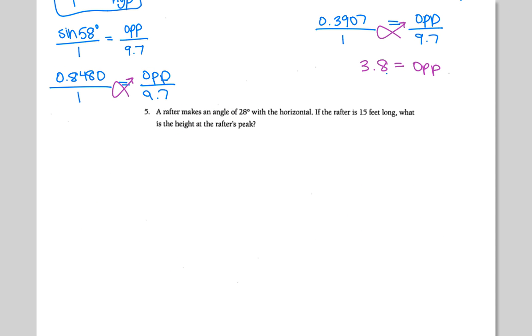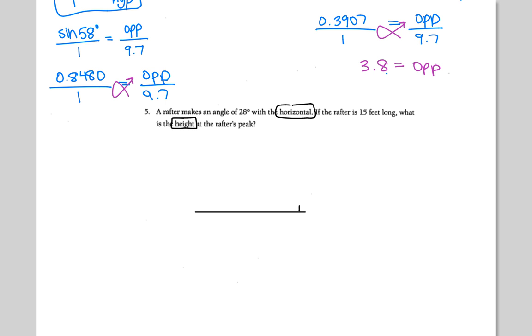Okay, a rafter, I don't know what that is, makes an angle of 28 degrees with the horizontal. Okay, so I know what a horizontal is, so I can put that in. It's a horizontal line. It says the rafter is 15 feet long. It says, what is the height at the rafter's peak? Okay, I don't know what the heck they're talking about, but I know what a height is, and I know